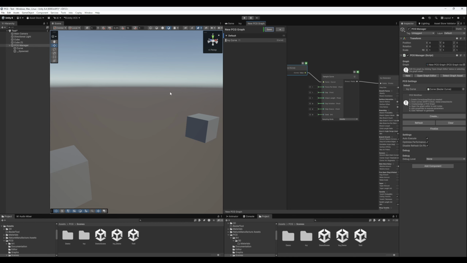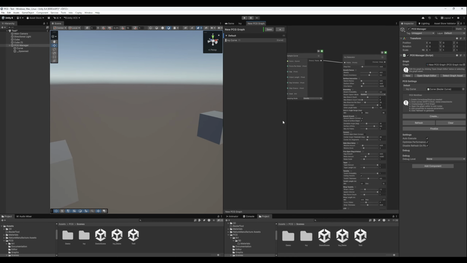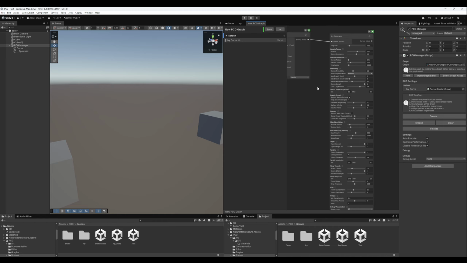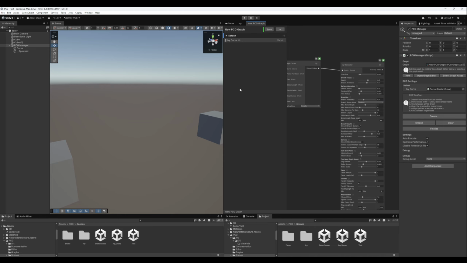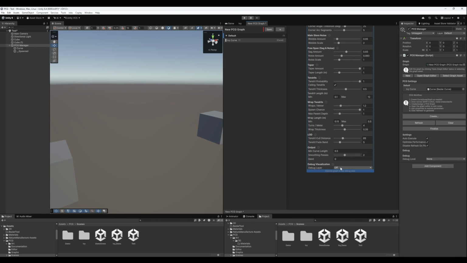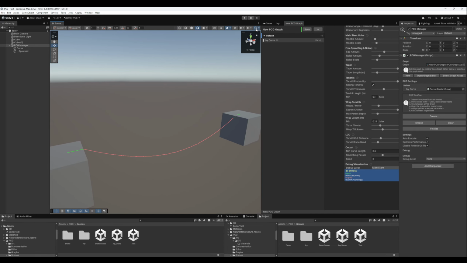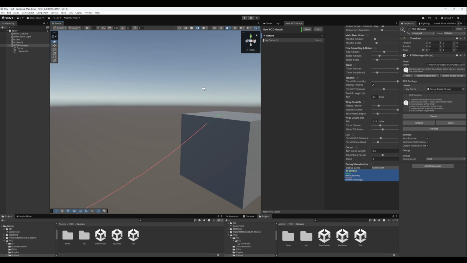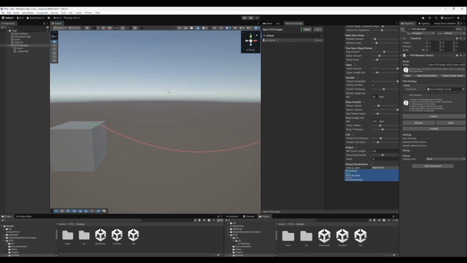We're still not going to see anything because there's nothing being generated. So we get the ivy, but the ivy just contains the points of the vines. So if we turn the ivy generator debug mode on, and at the bottom you have different debug layers, we can see, okay, main stem, so we can turn this on. And if I turn the debug, we'll see, okay, this is the main stem of the ivy, or I can switch this to branches,